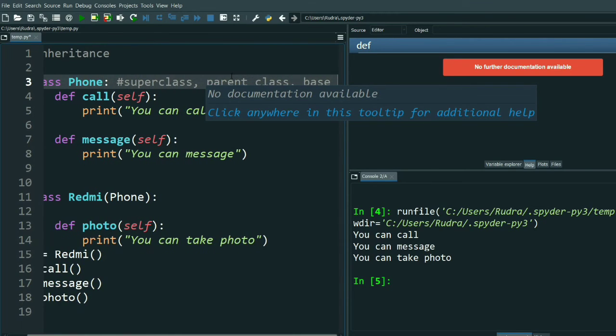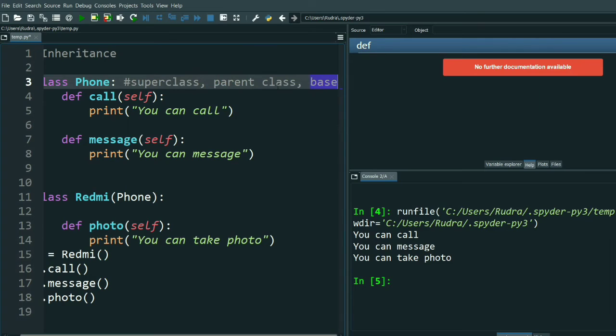And you can call Redmi a child class, because everything from the parent class is coming to the child.